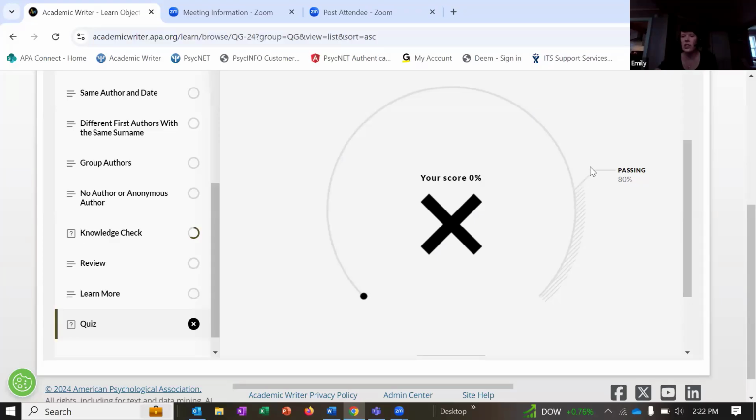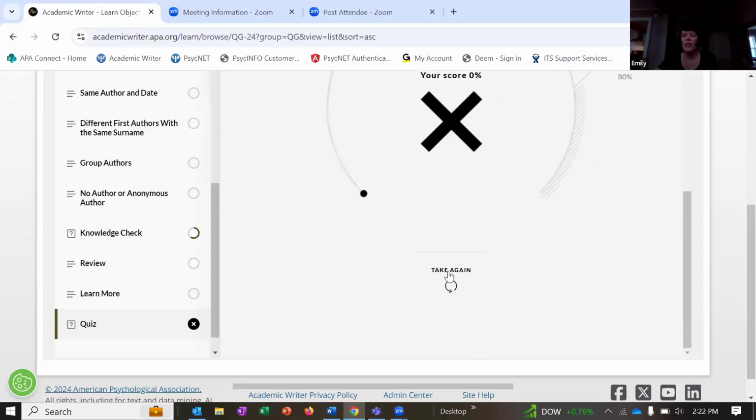If you reach that, you have the option right here to start and take it again. It doesn't give you all of the answers at the end, so you can retake it and still have that more heavily weighted quiz that can be turned in.